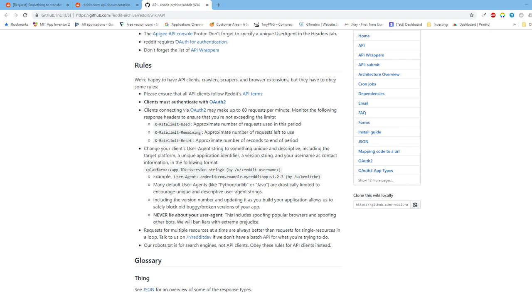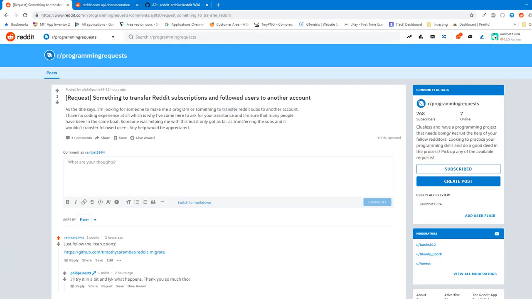Hey everybody, what we're going to do today is build something useful and practical. Should be kind of nice, because out there are a lot of tutorials on stuff that aren't really real solutions, or they're building some kind of tiny game that you really don't need. So what we're going to do is start with something I came across earlier in r/programming requests,